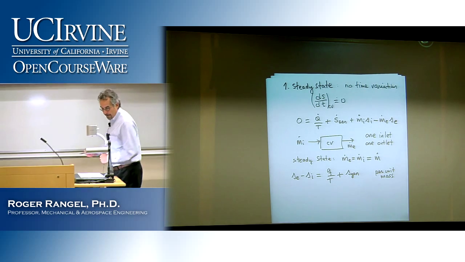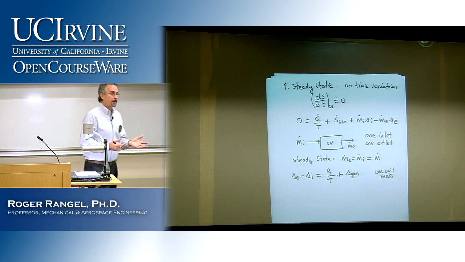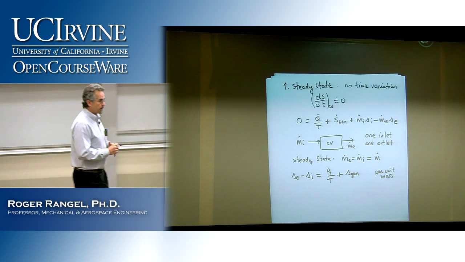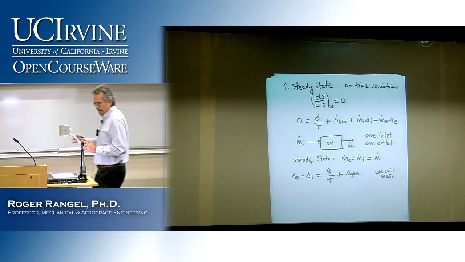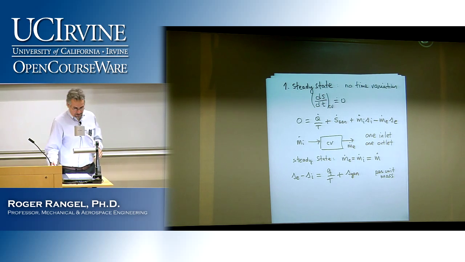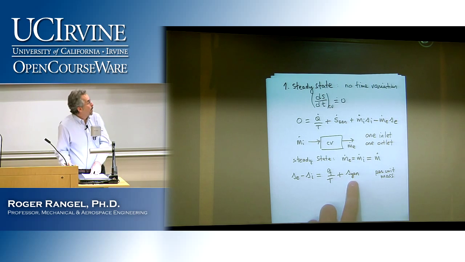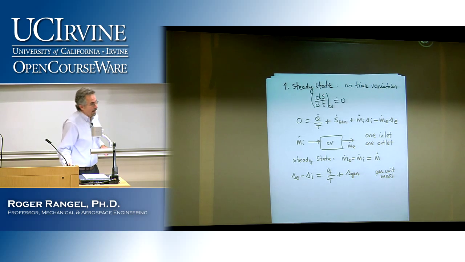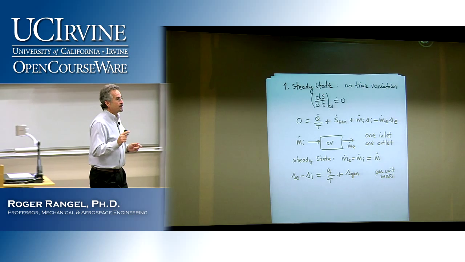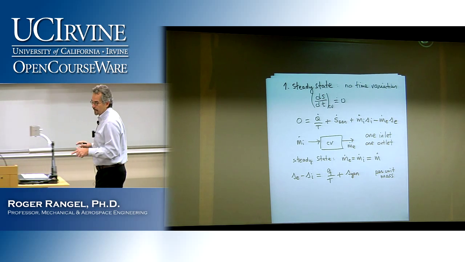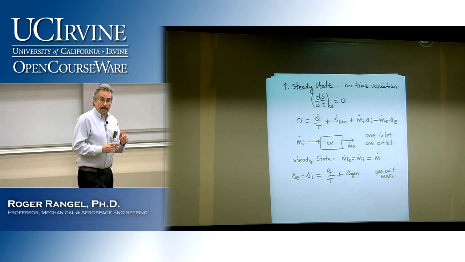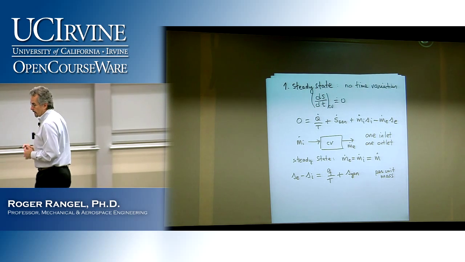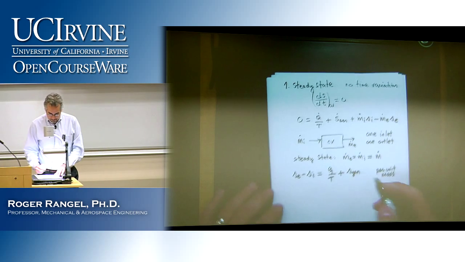If I know everything on the right-hand side, I would have to know the heat transfer rate per unit mass. I need to know the temperature. The system is at its steady state, so it doesn't change with time. And then this is the tough one. This would always be difficult. So like I said earlier for the previous equations, most likely you would find yourself using this equation to find the entropy generation. Except in one situation, which is what happens if we have a process